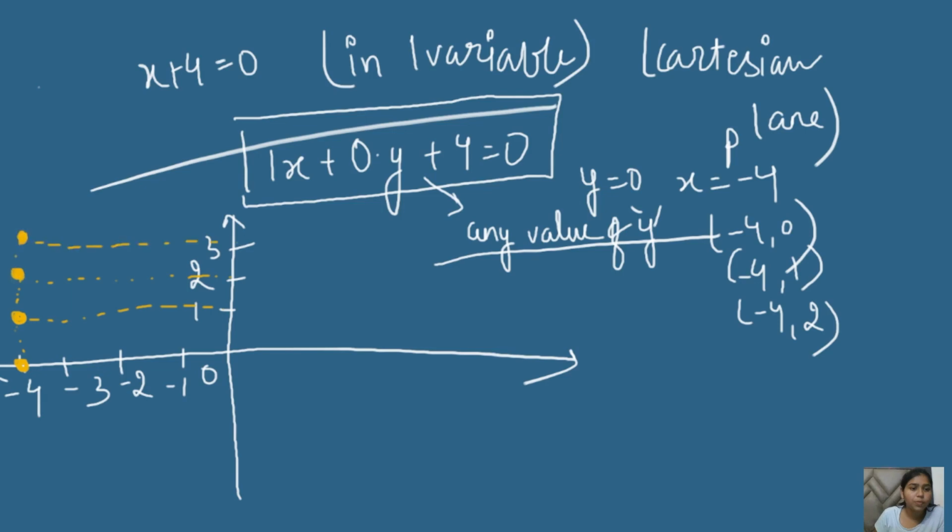So when we join these points, we get a straight line parallel to the y-axis. That's what I was trying to tell you, how we can draw a line parallel to the x and y axis. In the case when one variable is given, then we can plot a number line, and we can also